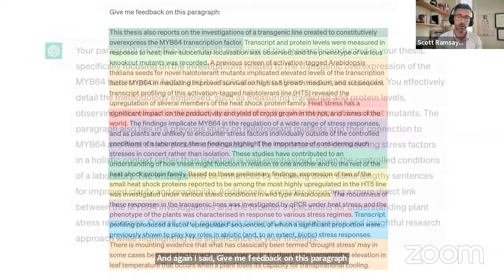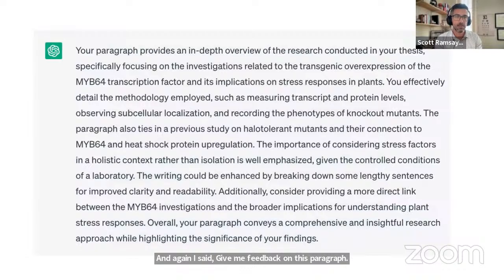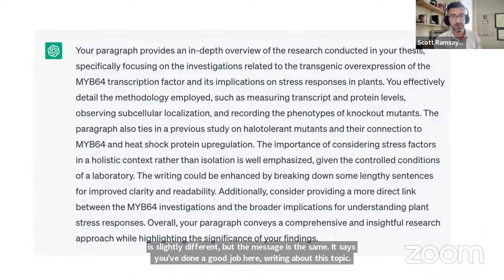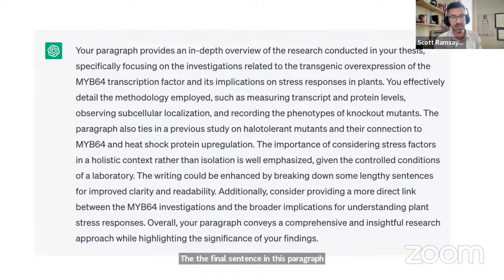So skipping forward to the feedback, ChatGPT said, your paragraph provides an in-depth overview of the research conducted in your thesis, specifically focusing on blah, blah, blah. So the wording is slightly different, but the message is the same. It says, you've done a good job here writing about this topic. The final sentence in this paragraph says, overall, your paragraph conveys a comprehensive and insightful research approach while highlighting the